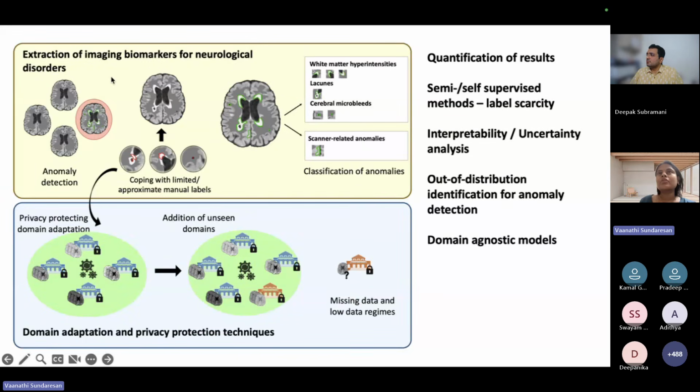Here I have shown neurological disorders, but we work on various other modalities and organs as well. The second aspect is privacy protection or also domain adaptation, which is adapting a deep learning model trained for a very specific task on a specific data set to multiple centers. Imagine getting data from multiple centers, right? You train the model on only one center. How can you make it work reliably on multiple centers and from multiple sources, overcoming a lot of issues here, like missing data, data inconsistencies, and so on?